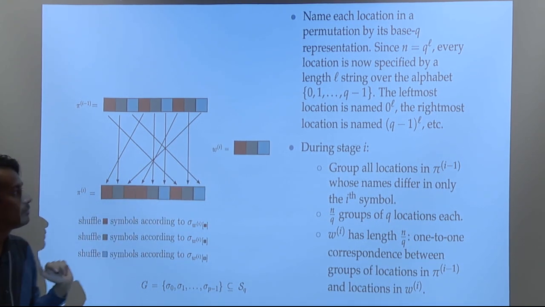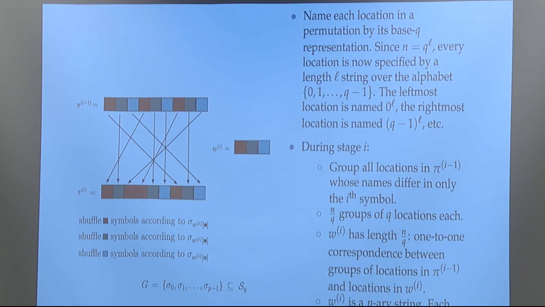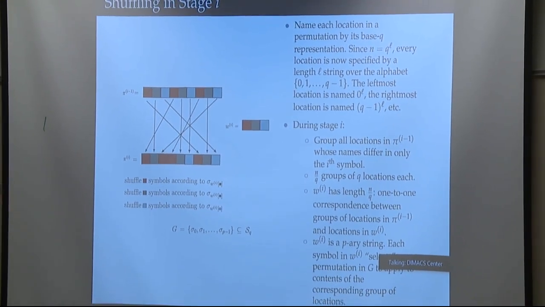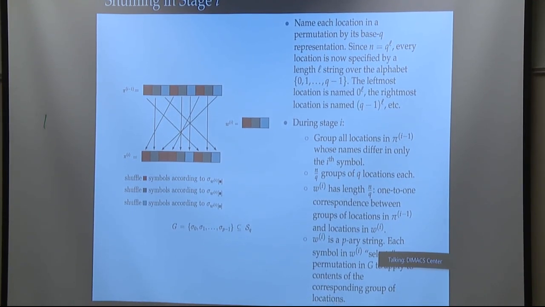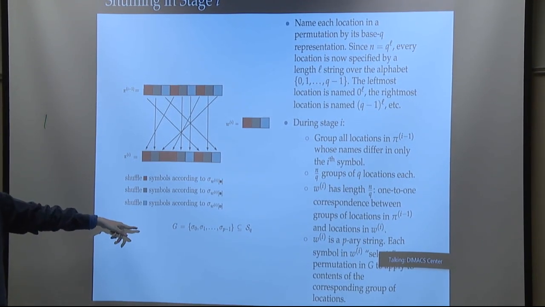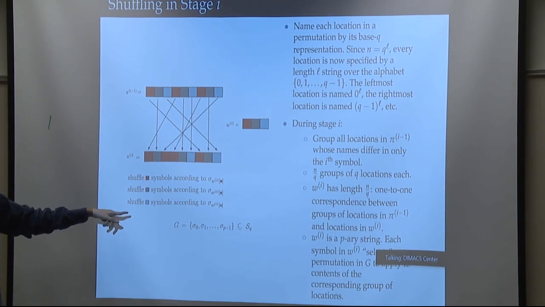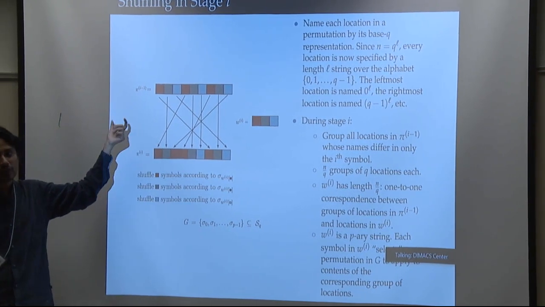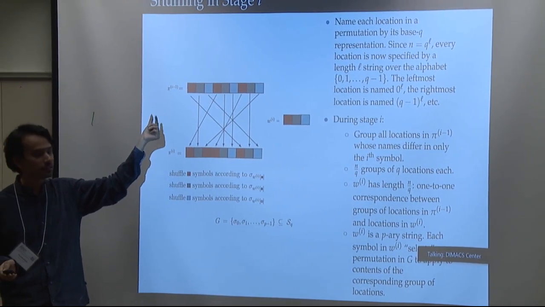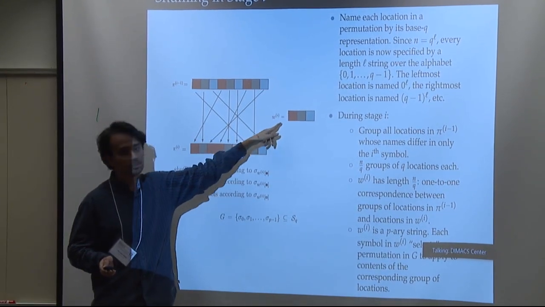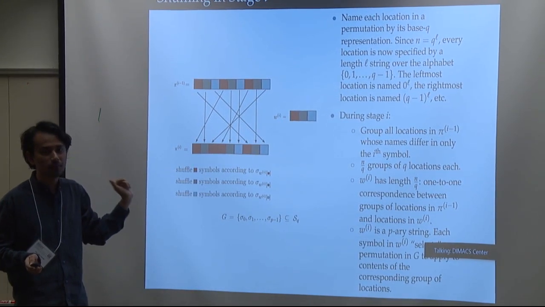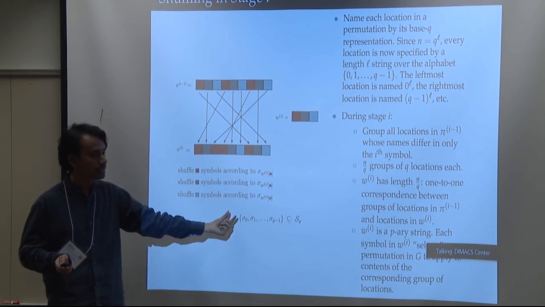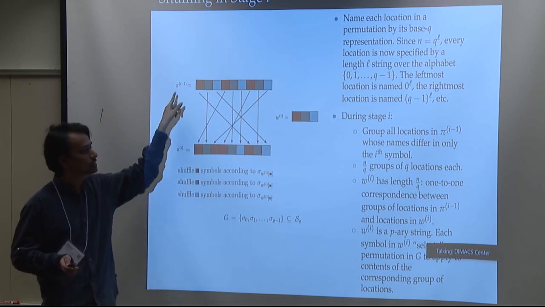Also, if you look at each symbol of the shuffler, recall that the shuffler is a p-ary string. So each symbol of the shuffler is a symbol from 0 to p minus 1. So now you go back to this ground permutation set, and it tells you what to do with that particular group. If you want to know how to shuffle all the people in the red locations, you look at the red location in the shuffler. It's going to give you some number from 0 to p minus 1. You go inside G, and you pick the corresponding permutation,